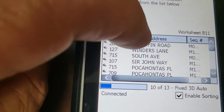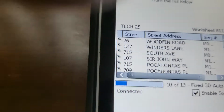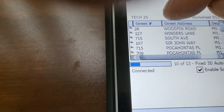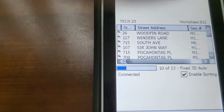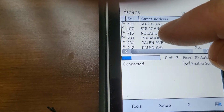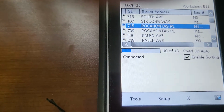You'll be able to move this little bar across the top, which I'm going to have a little problem doing, to, if you can't see, there we go. If you can't see the numbers or the address or whatever, you can move these little bars left and right to make it bigger where you can see the address. So you find the address that you're going to do the either place meter or swap, select it,